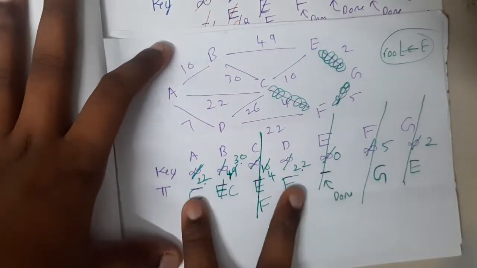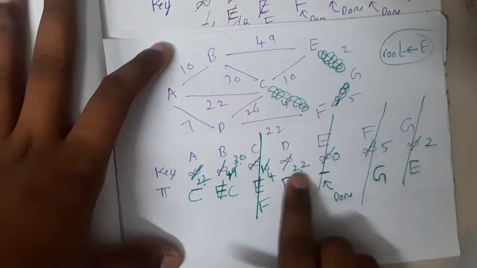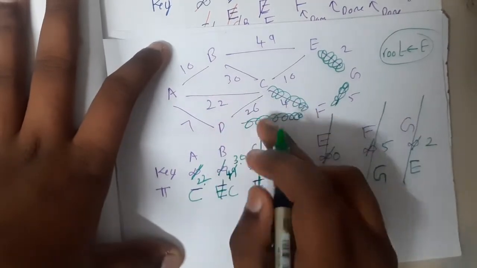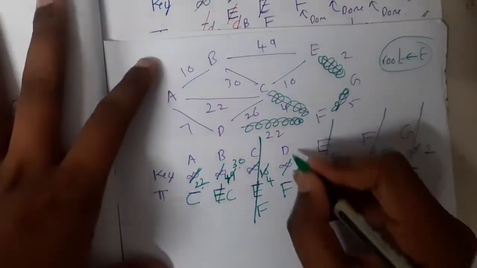So here we are stuck with two options, right? So who entered our list first? D entered our list first, right? Yes. So let us take this option. Anyone you can take, you can take that or this, anything will work, guys. So for our understanding, I am taking D.